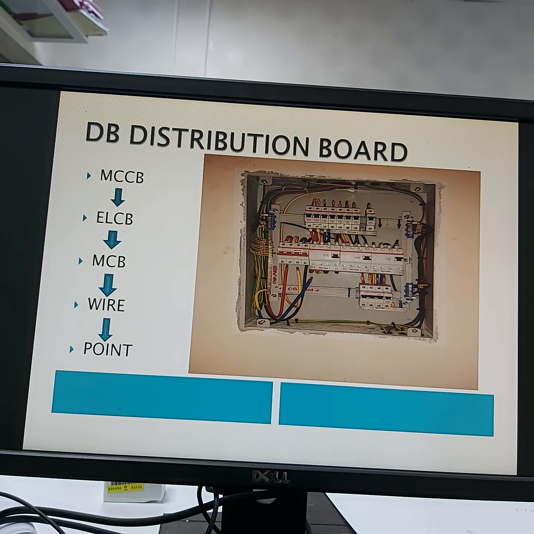In the next video, we will design our distribution board, because the first thing in a building is DB. We will start from the distribution board.